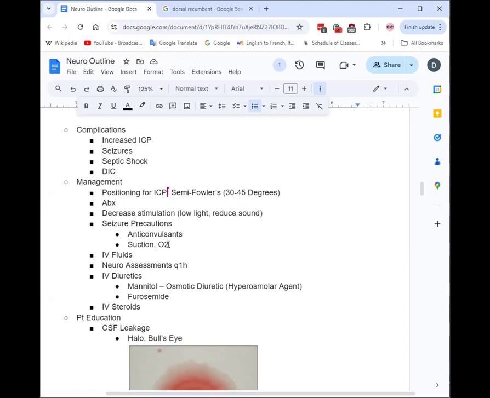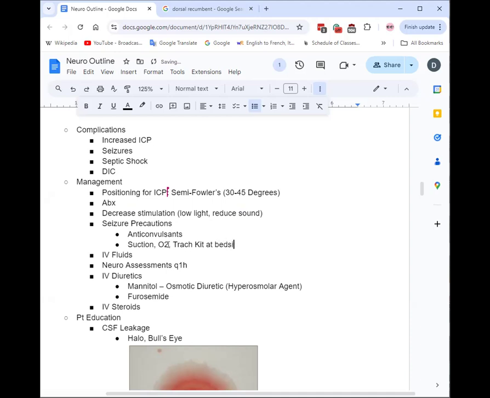You could even have, like if it gets really bad, I guess with hypoxia, remember your seizures can cause hypoxia, they need to be intubated for some reason. Yeah, you want to pray you don't have to use it, but you want to have it just in case. At bedside just in case.